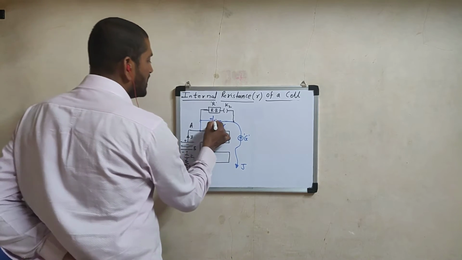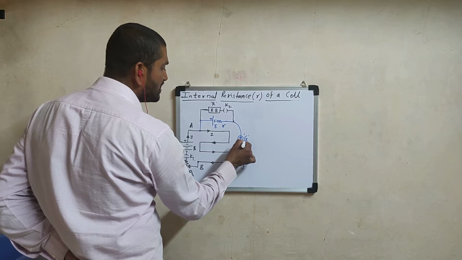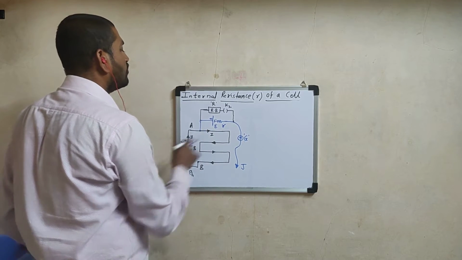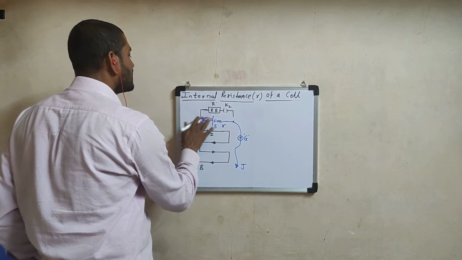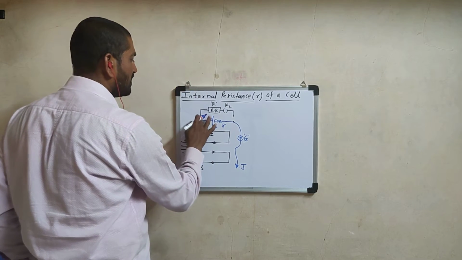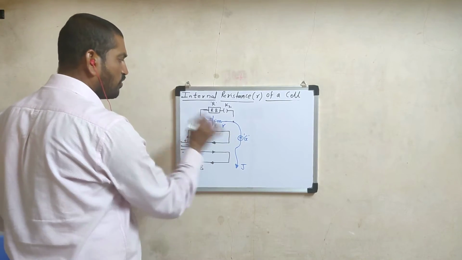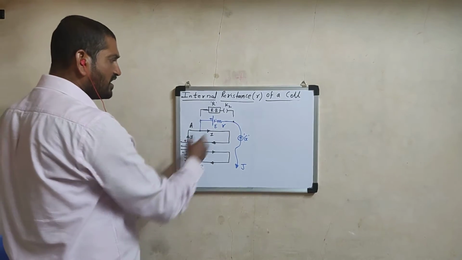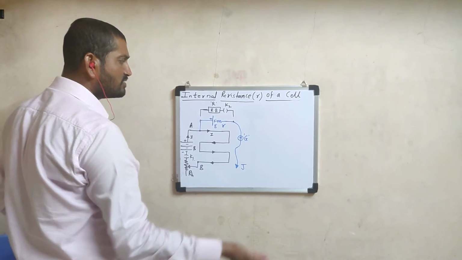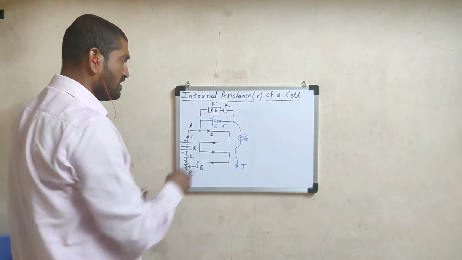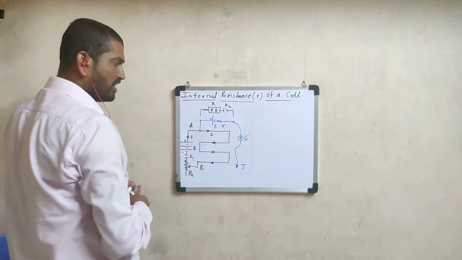Now here, the negative is connected via a highly sensitive galvanometer to the sliding key, also called a jockey. For the time being, suppose only this circuit is there. Forget about this external part. Only the cell and galvanometer are connected, the blue color circuit. Just focus over here. I think this application we already discussed in the previous video: comparison of EMF by means of the individual method, when the given cell is connected across the potentiometer.